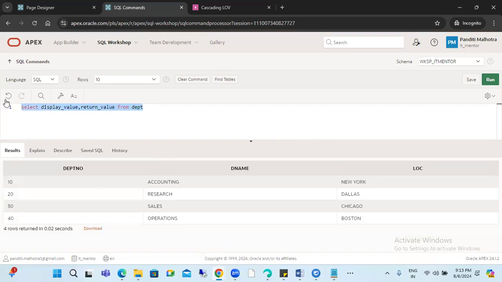So for example, in this, I would like to take here display name is what? I want to display D name, department name, and it will return, let's say, DPT. The next thing, because we have to make a dependency, right? So you should not reverse the order. In this case, display value first, return value next. So take this query